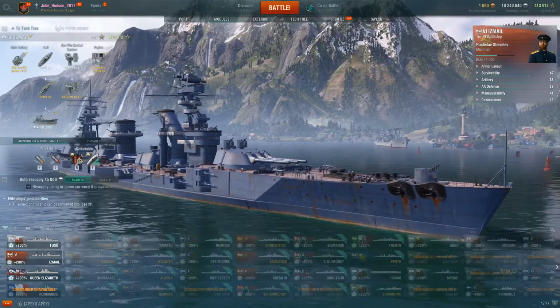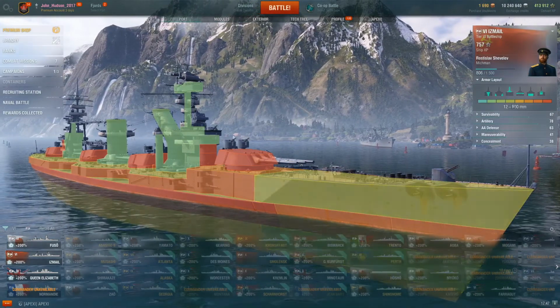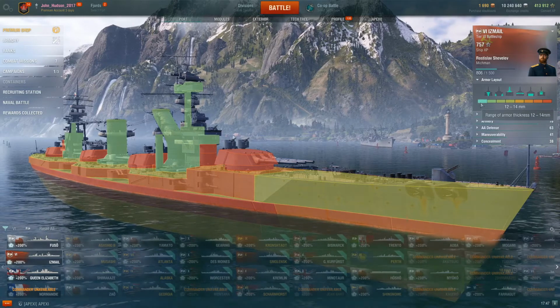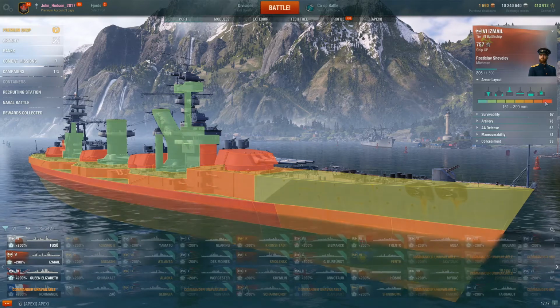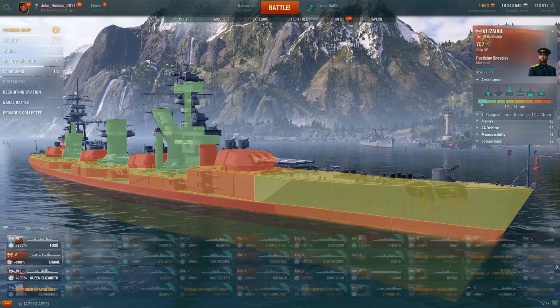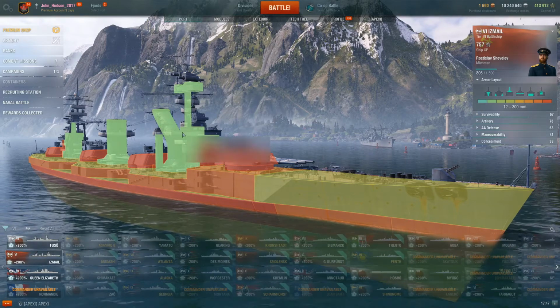modules maybe? Port, armor layout, okay. So, armor layout, and this shows you kind of the range here in the colors from the very thinnest armor all the way to the very thickest armor, and they're kind of highlighted. So you can see here the thinnest armor up here is the superstructure,